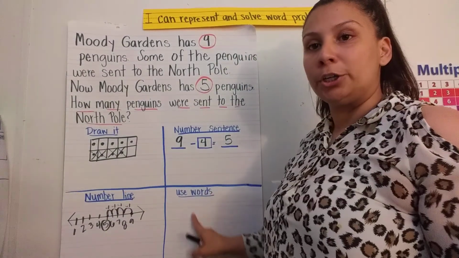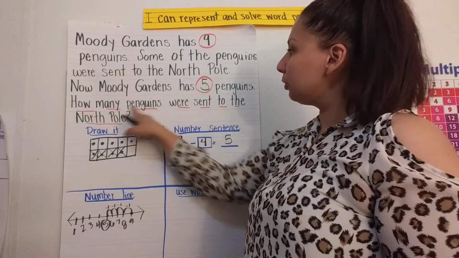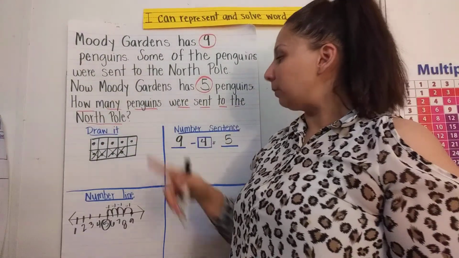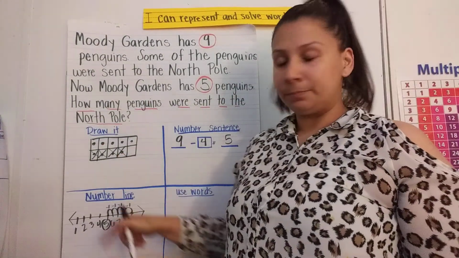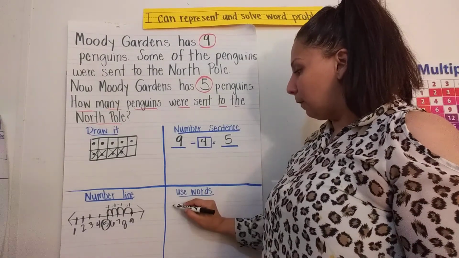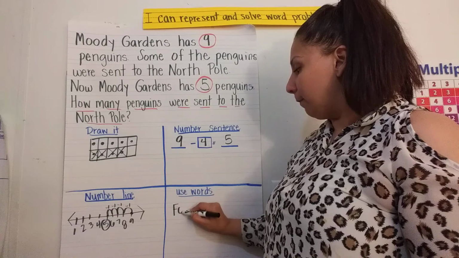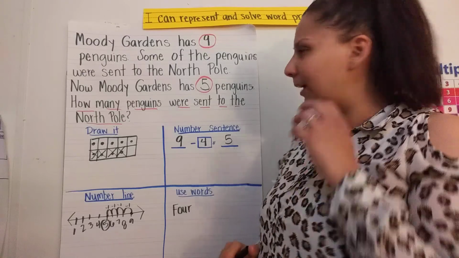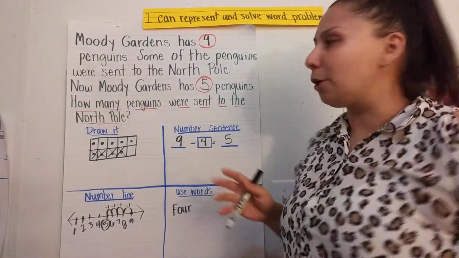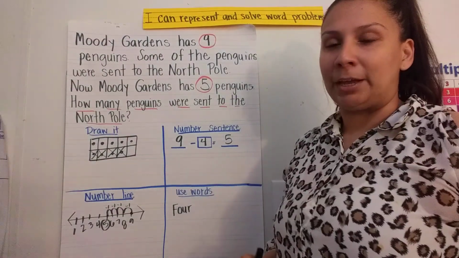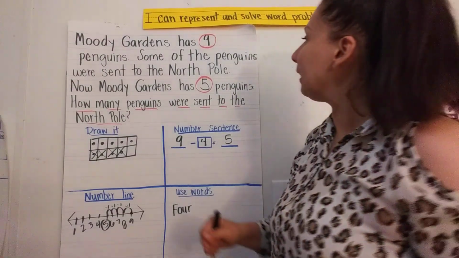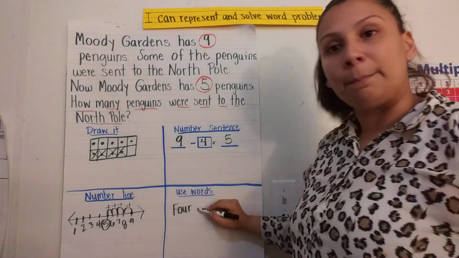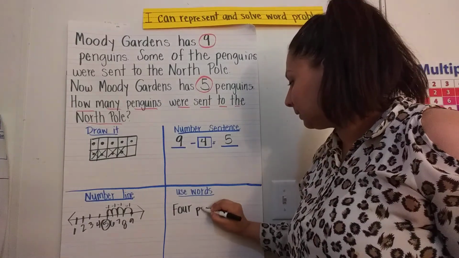Now we move on to using words to write the sentence. Using words to answer the question. And the question was, how many penguins were sent to the North Pole? We said 4. So we're going to write that in a sentence. 4, F-O-U-R, 4 penguins. If you don't know how to spell penguins, you could always go back to your word problem and find the word penguin. I know it's going to start with a P. Penguins. So I can spell it in my sentence. 4 penguins